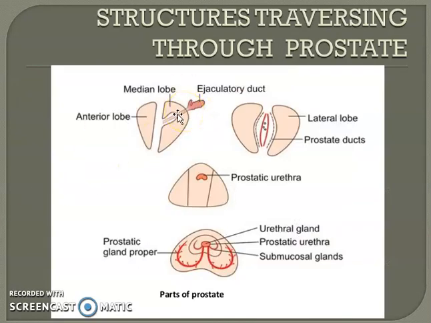The ejaculatory duct passes posterolateral to the median lobe and opens at the colliculus on each side of the prostatic utricle. And what is this prostatic utricle? It is a mucus cul-de-sac about 6 mm long and it extends upwards and backwards from the colliculus behind the median lobe. This diagram is in the sagittal section, this diagram is in the coronal section, and this diagram is when we cut the prostate in the transverse section.